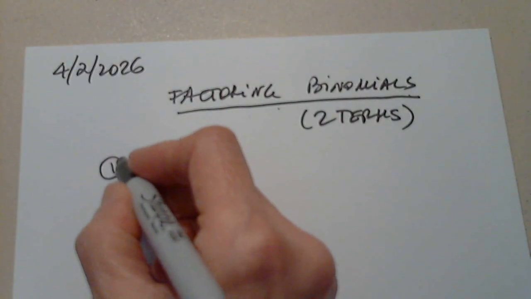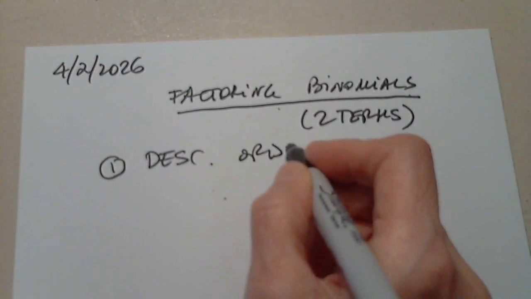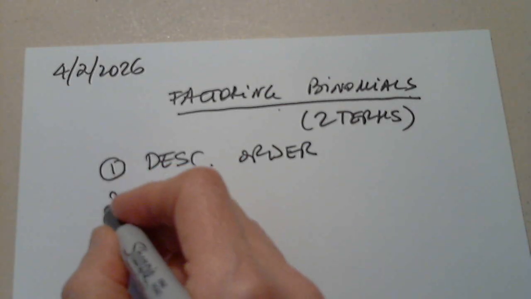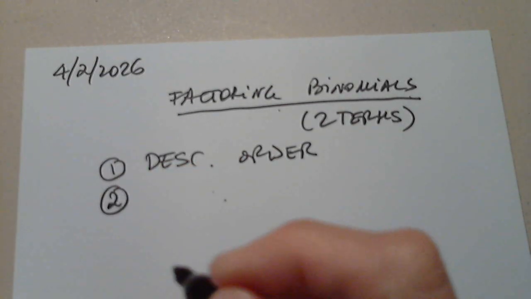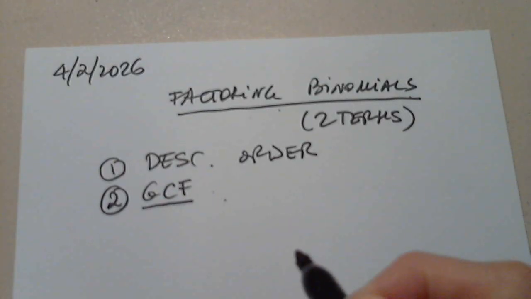Number one, I ask myself, is it in descending order? If it's not in descending order, please get used to it. You have to arrange it in descending order. It's a must. Step number two, I will ask myself if there is a greatest common factor, GCF, greatest common